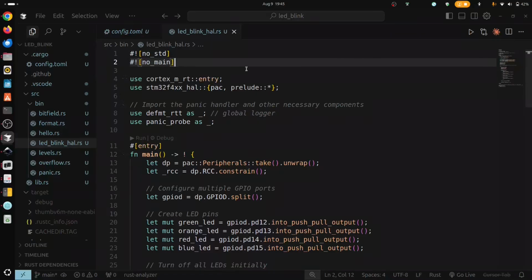This is the HAL code. HAL is nothing but hardware abstraction layer. When you're working with the HAL project, you don't have to worry about the addresses and peripherals that they are using. You can simply take the function calls and use them as they are. HAL creates a layer on top of the peripherals and every address, and you can interact with